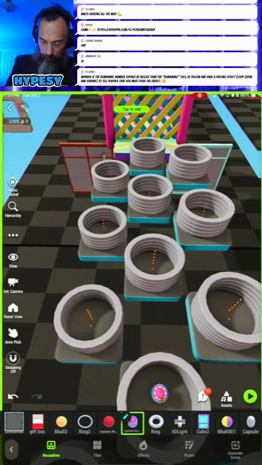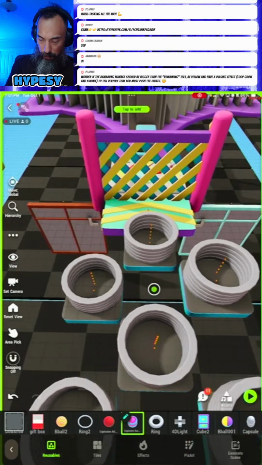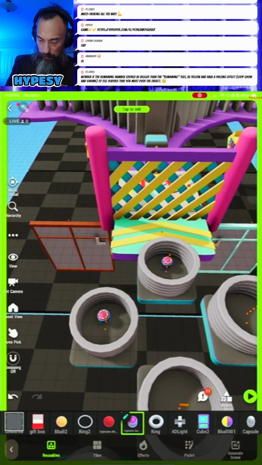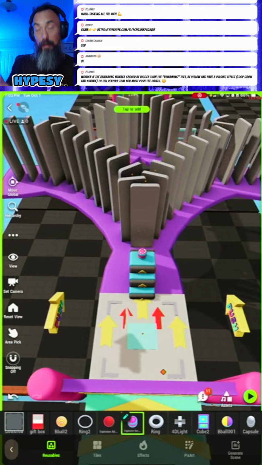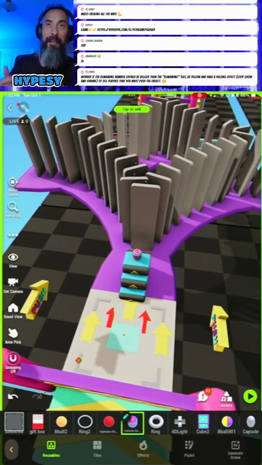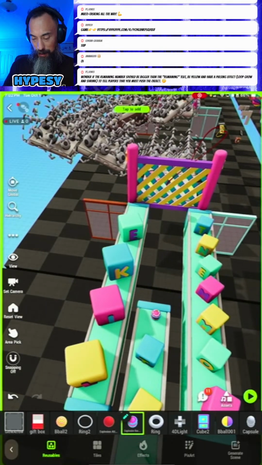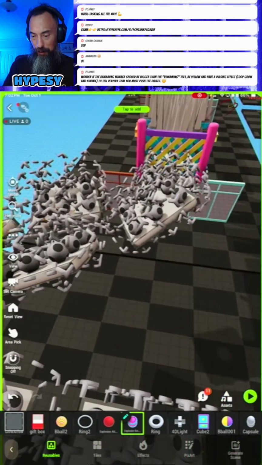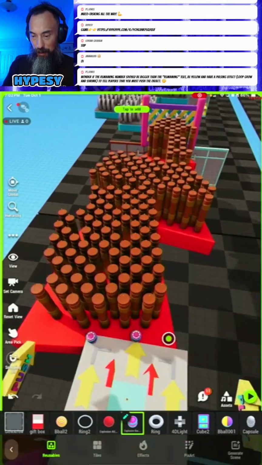Try this out. That would be cool. I added these steps so that hopefully people will know to take the steps and jump up and kind of domino effect everything. It doesn't seem to have worked that well. Maybe eventually.